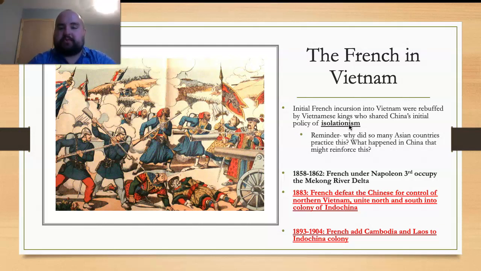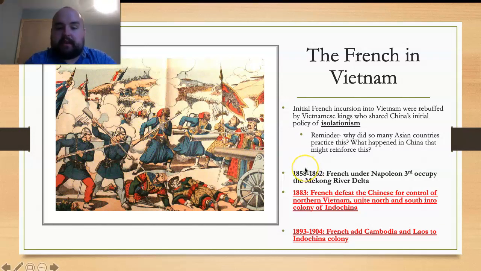Very good review. Excellent. They typically feared European involvement and losing their independence and autonomy. For example, remember what happened in China that might reinforce this. Many Vietnamese, as history progressed, were aware of what went on during things like the Opium Wars and British involvement in China. The Vietnamese became increasingly passionate about trying to prevent this kind of involvement.